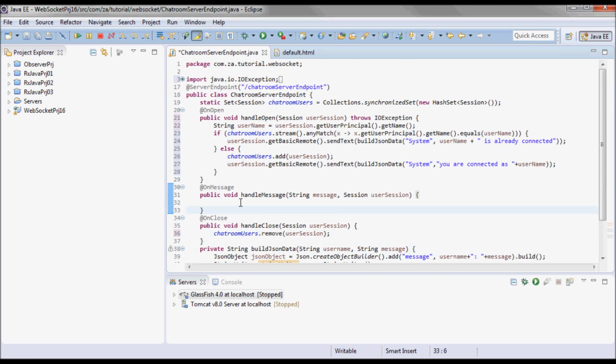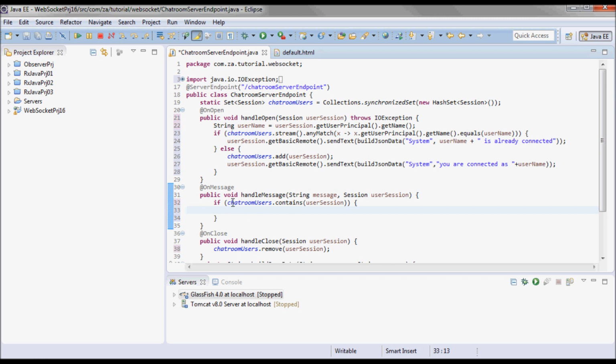And in handle message, the user is only going to be able to communicate in case it exists in the chat room users. And in this case, I'll propagate the message coming from the client to each one of those users.